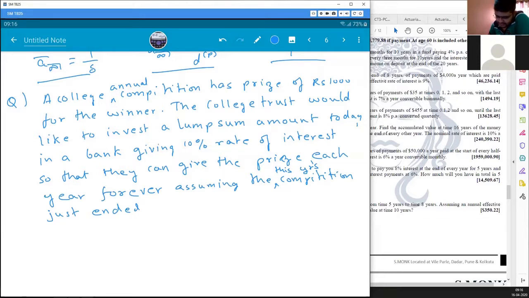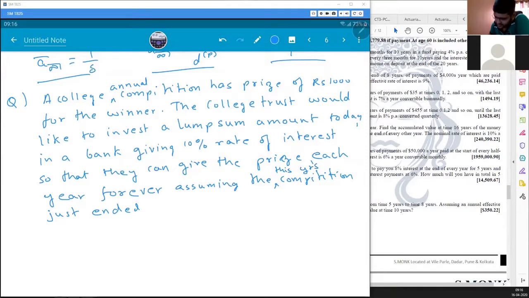The college trust would like to invest a lump sum amount. Lump sum means a large payment made at one time. A lump sum amount today in a bank giving a 10% rate of interest, so that they can give the prize each year forever,